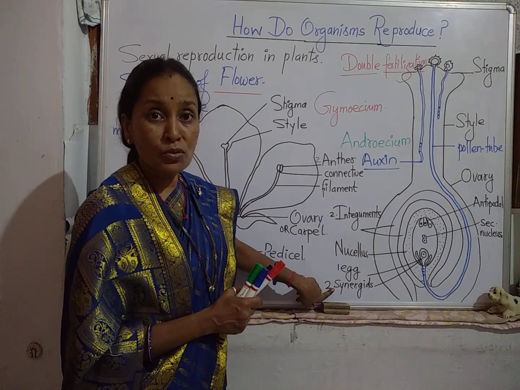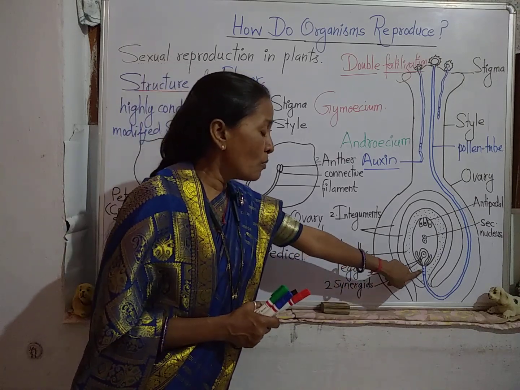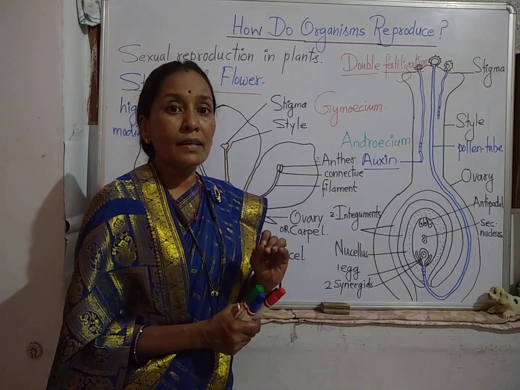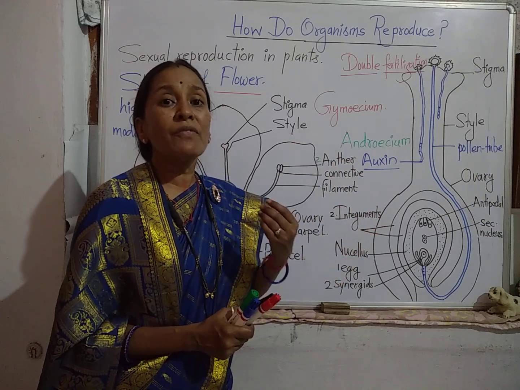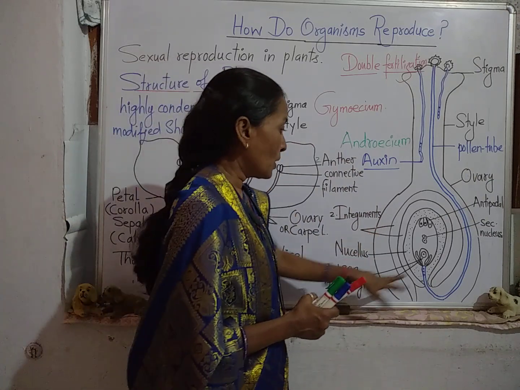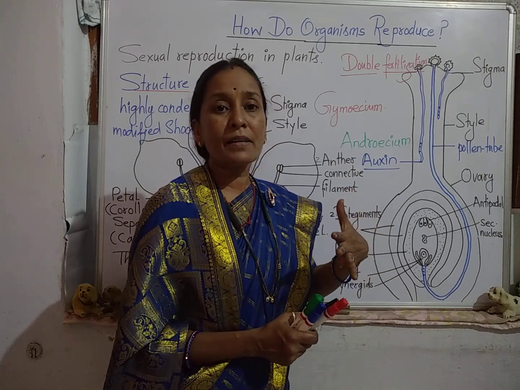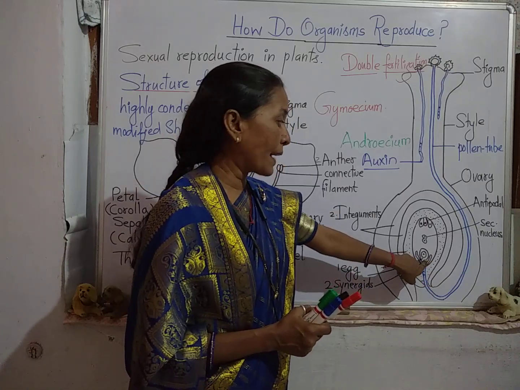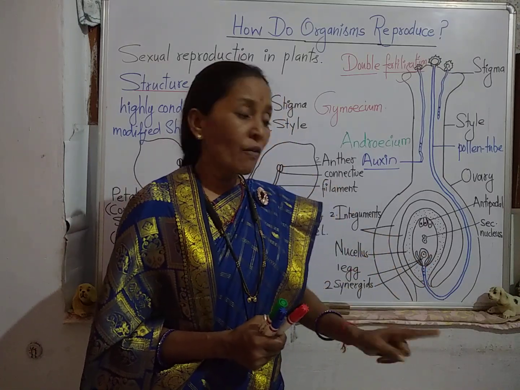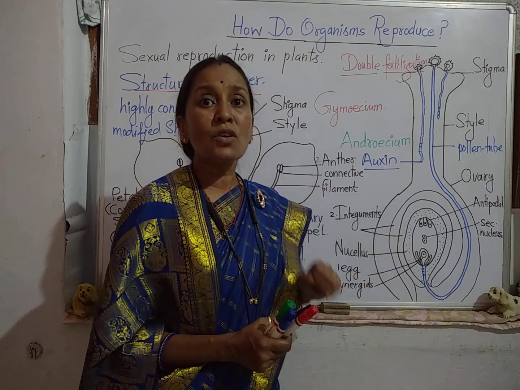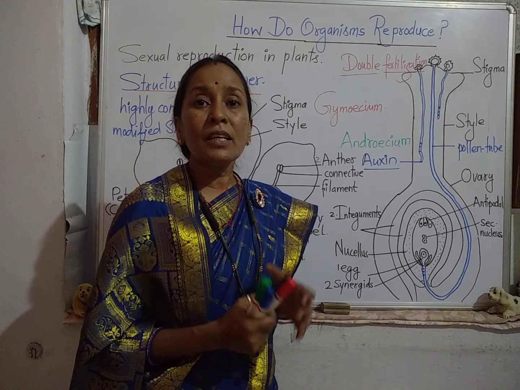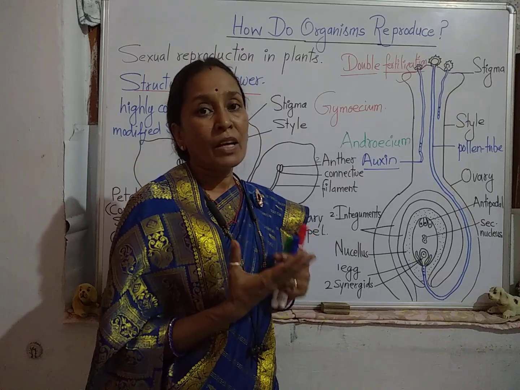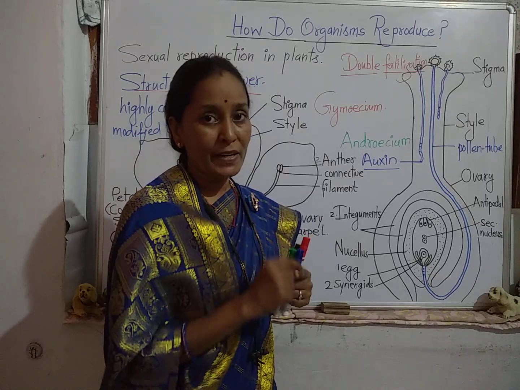Inside the nucellus, the egg is there. The egg is surrounded by the 2 synergids. Once the pollen tube touches one of the synergids, the synergid will burst and form the filiform apparatus. Now, this filiform apparatus starts to vibrate and moves the first male gamete towards the egg. So the union of the egg plus the first male gamete occurs. That's the way the fertilization is done. This is known as first fertilization.